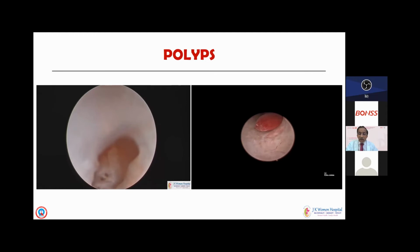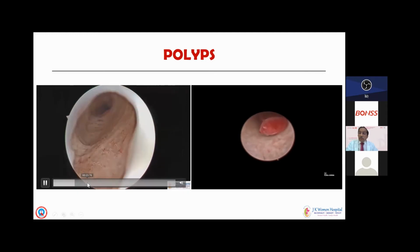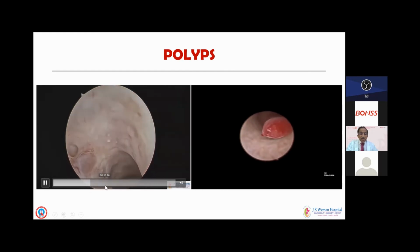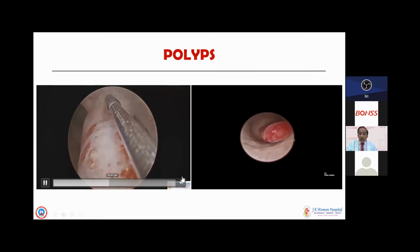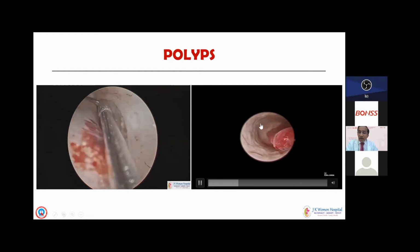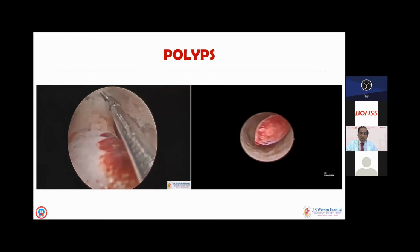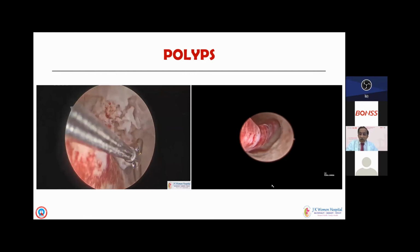But here again, one definitely would want to use the scissors whenever possible. But if you're lucky enough, as you can see in this postmenopausal patient of 65 years, where the pedicle is very thin. So in these patients who have a very nice pedicle, you can use the scissors. There may be a bleeder, but it doesn't bleed much at all, and you can cut the polyp with the scissors,